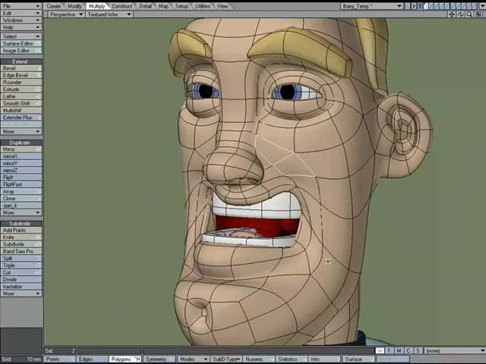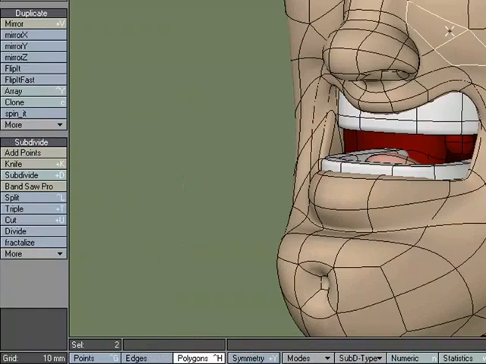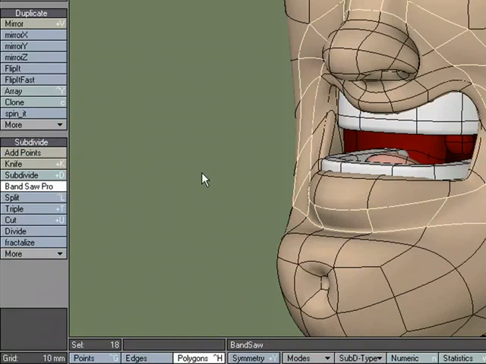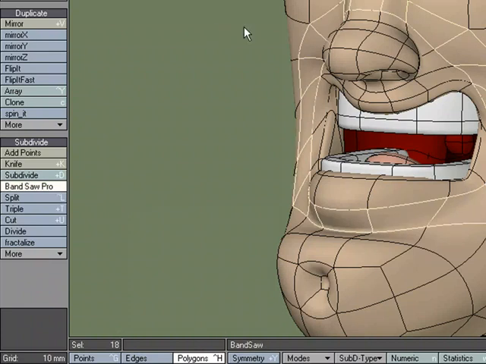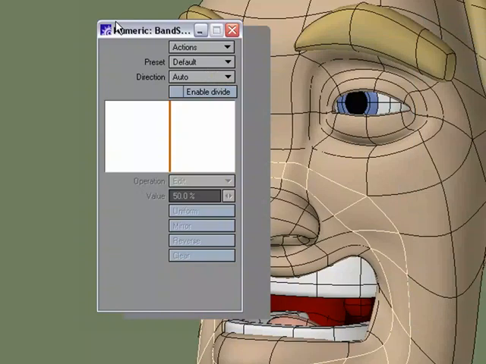Now Bandsaw, in a lot of ways, has been replaced with Bandsaw Pro, but it does work different. Bandsaw wasn't interactive. Bandsaw Pro is. Some people like it one way or the other. So I'm just going to select Bandsaw Pro, and immediately, without even opening up the numeric panel, I've got Select Loop. I could just go ahead and commit, and I've selected Loop. Okay, but I have Select Loop for that, so I'm going to go over to Bandsaw Pro, in for numeric,